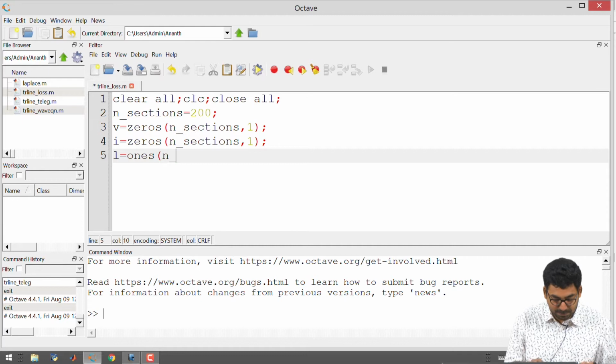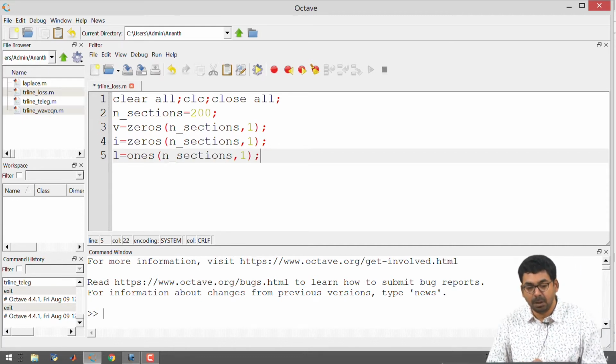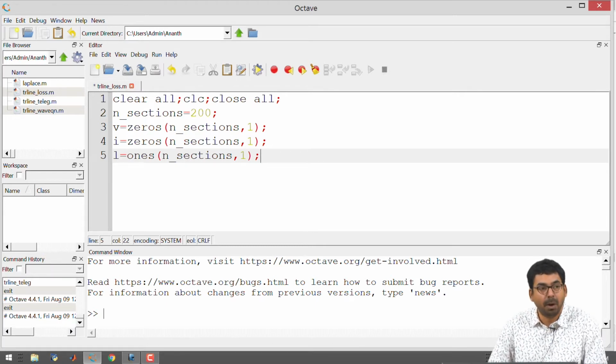So I will be having L is ones of n sections comma 1. Note that I am using ones, not zeros. The reason is, the moment you plug in L equal to 0, you will end up having velocity to be infinite, and we have not dealt with any case with velocity infinite.